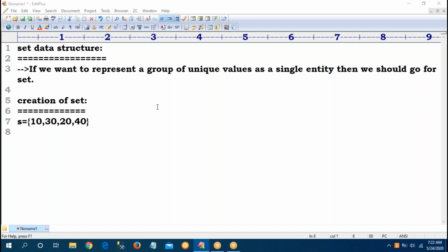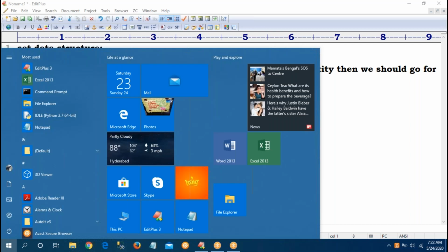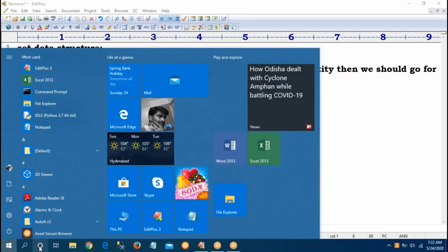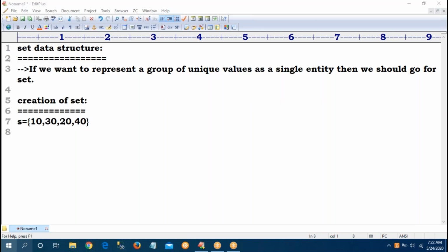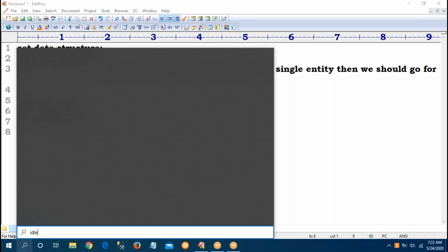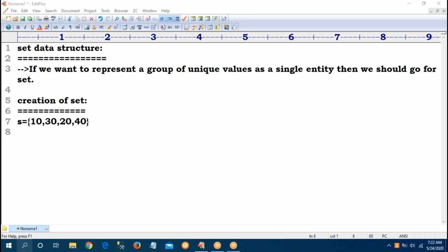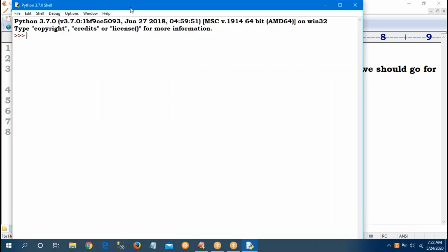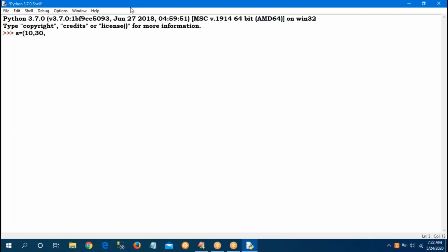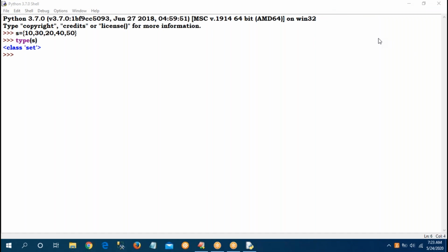Observe, go to the IDE. If I know the values, I can write S equal to curly braces 30, 40, 50. What is the type? Type of S is a set.